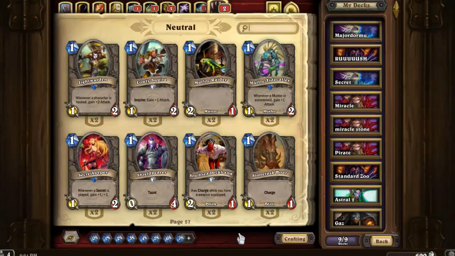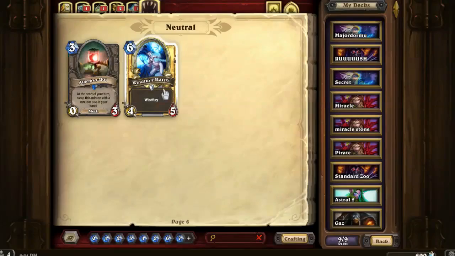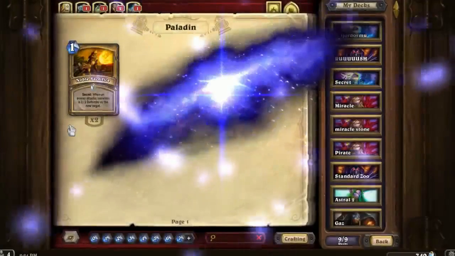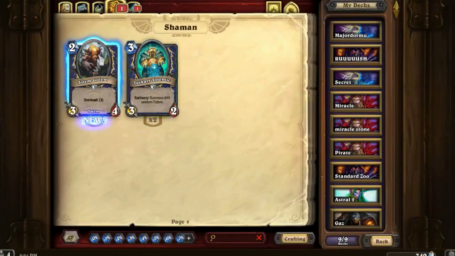I have so much new stuff. I just played Tavern Brawl a little bit. Oh, and I have chest rewards that I guess I never looked at. I don't like to use the golden cards, so I just usually disenchant them. I didn't know I had...